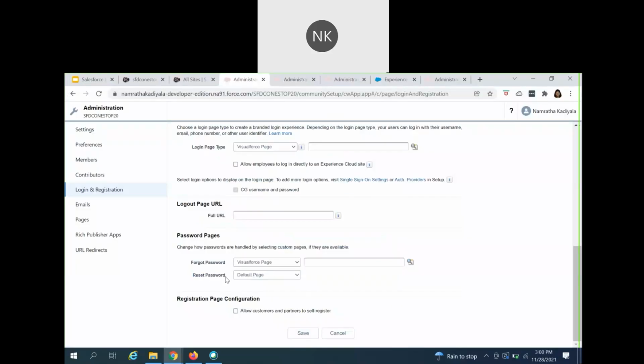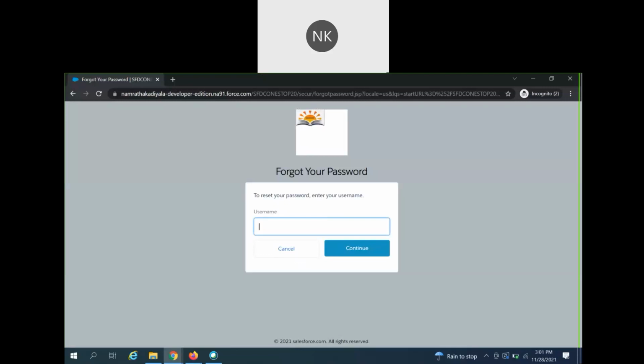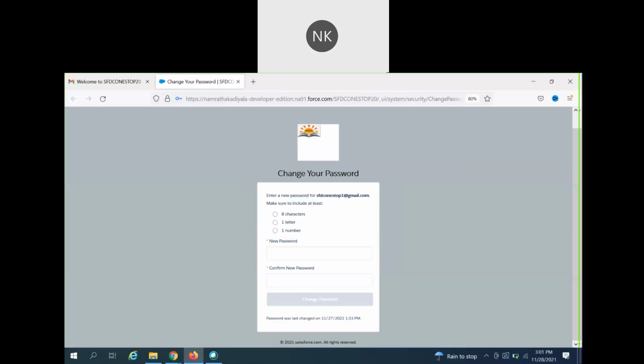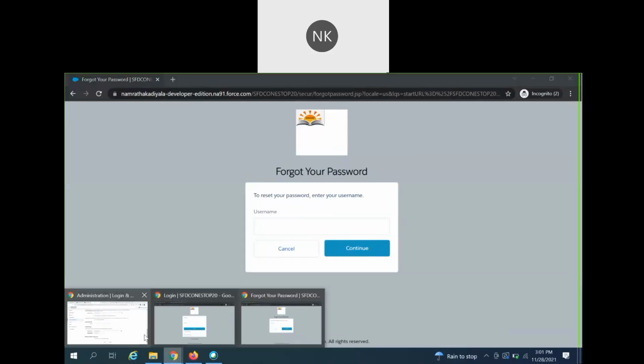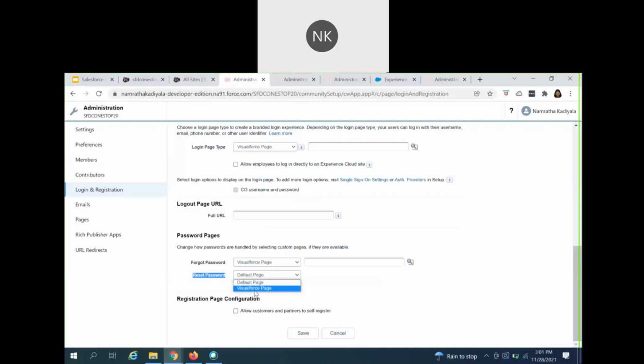Same is the case with reset password. Reset password is whenever you see this page, right? It says, enter a new password. If you wanted to make small modifications, you can very well do it using your Visualforce page and select that specific Visualforce page rather than the default page. Now when you click on this, you will be able to choose that specific Visualforce page.